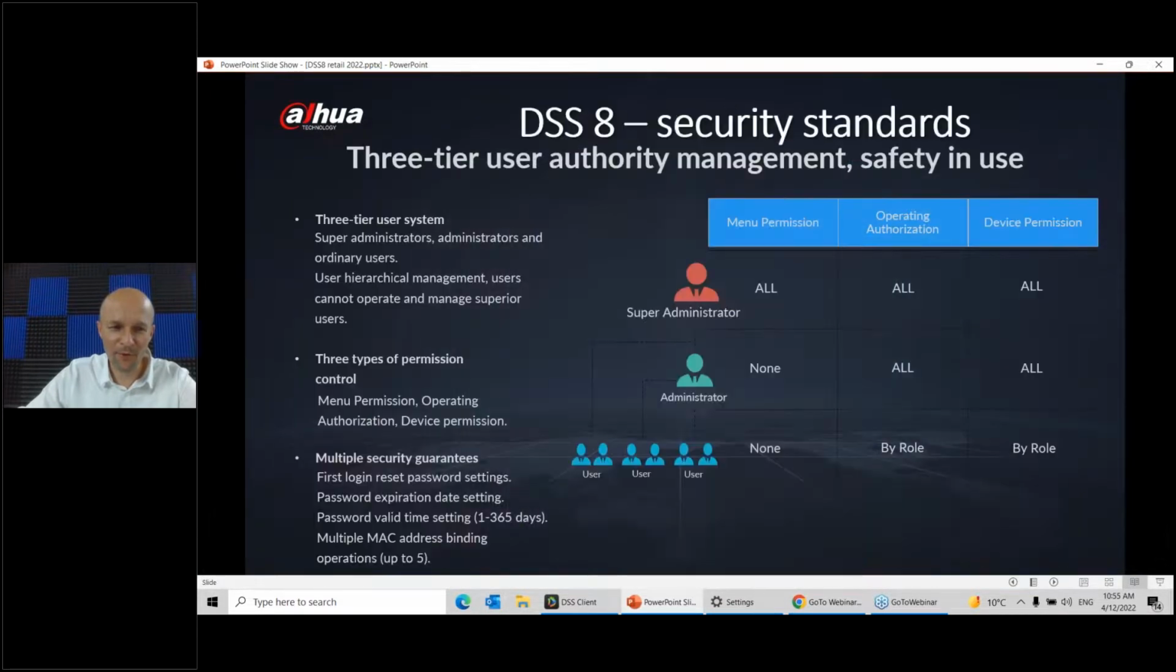Sorry, very important thing. What we added, because of the GDPR, is first login reset password, password expiration date, and also how long the password should be valid. So you can choose, for example, that every 3 months the DSS user needs to change the password. Those are all standard things, but the one thing which is not really standard for the VMS is